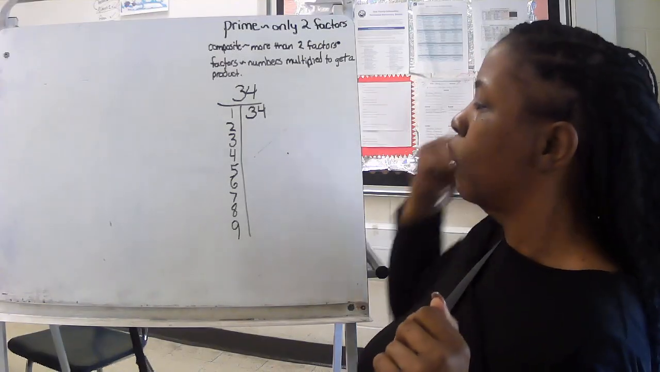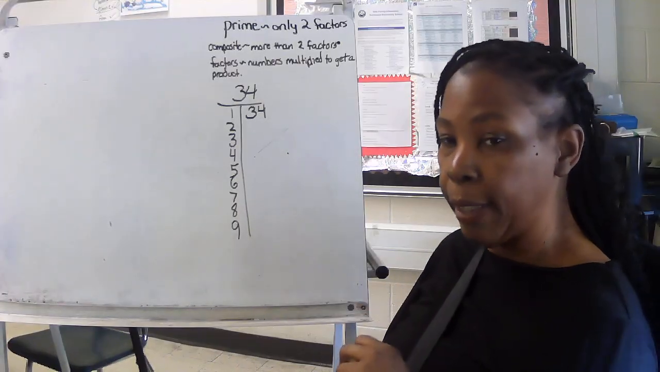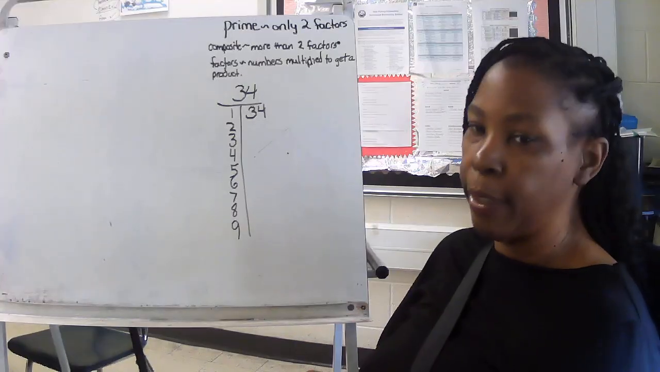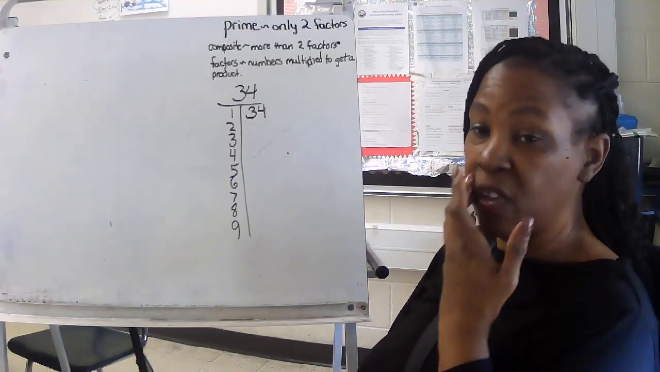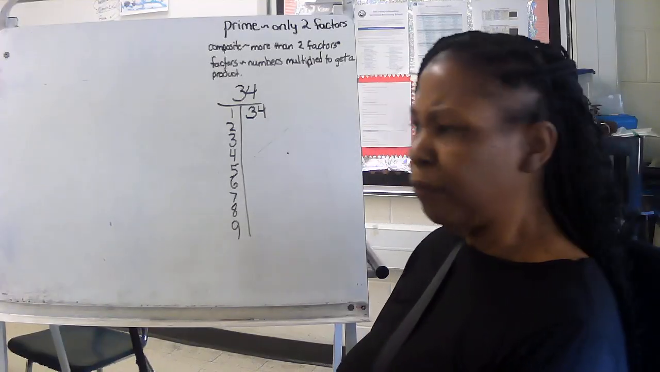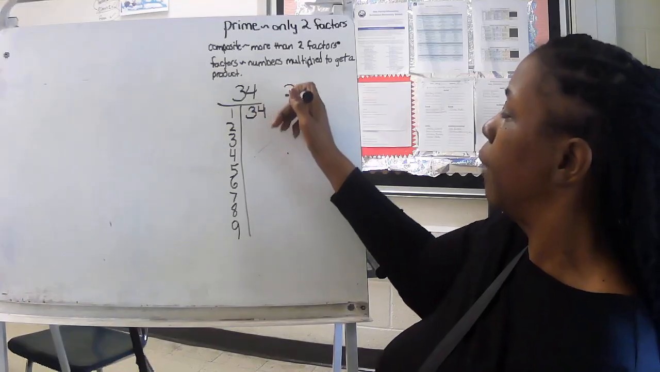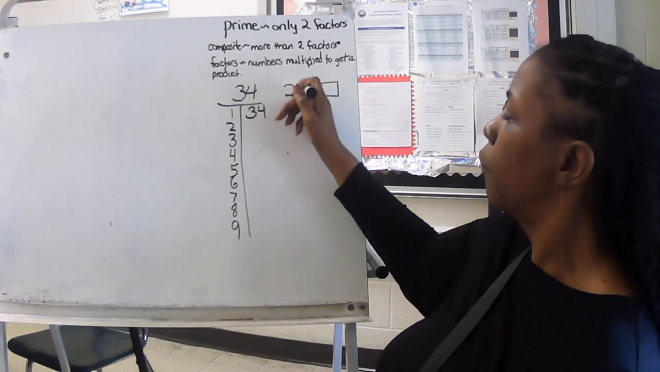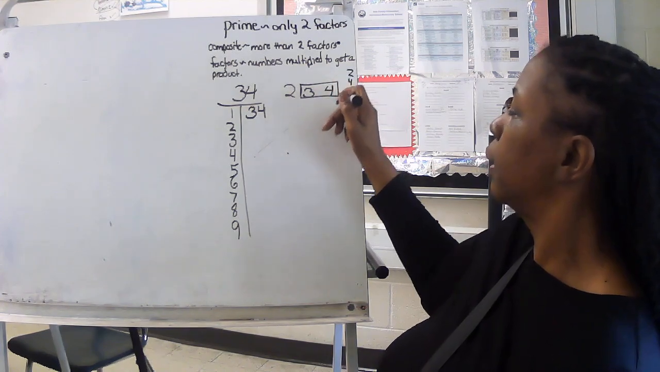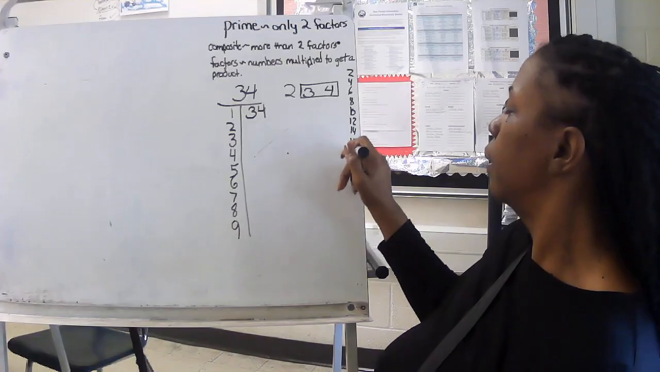Okay? 2 times what gives me 34? We can count by 2s or we can divide. Okay? If division is your strength, I would go ahead and divide it. If not, you can just count by 2s either way. So let's divide first, and then we're going to count by 2s. So I'm going to do 2, and I'm going to divide it into 34. Okay, and I'm going to do my 2s, 2, 4, 6, 8, 10, 12, 14, 16,